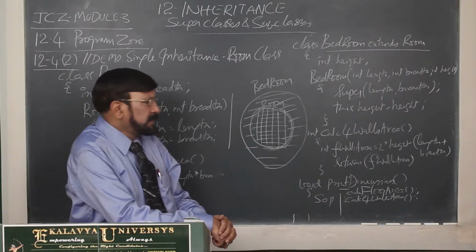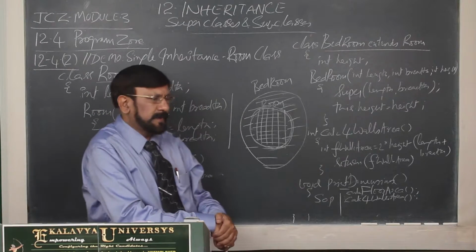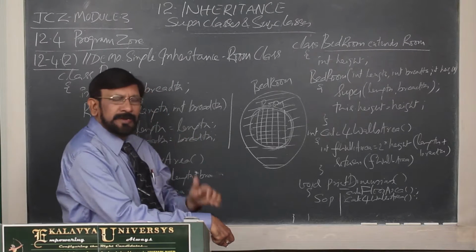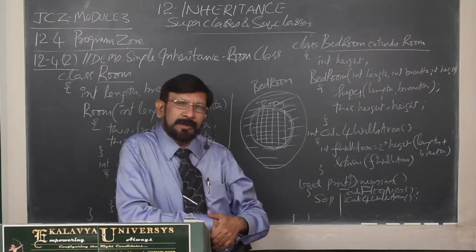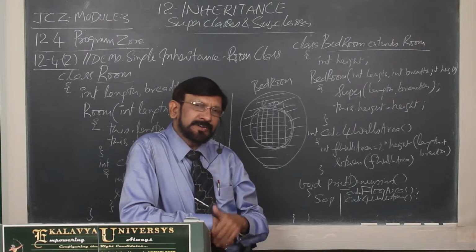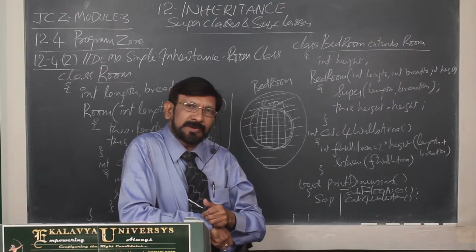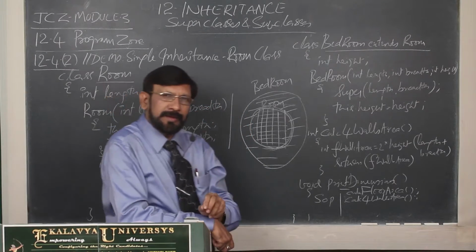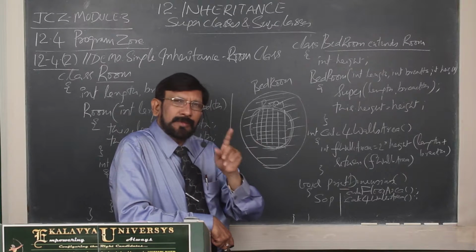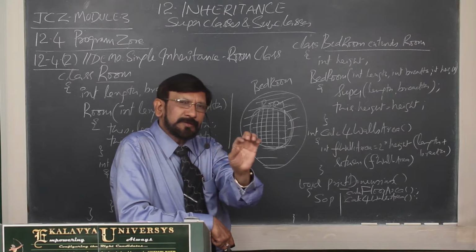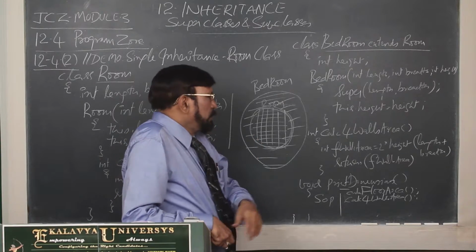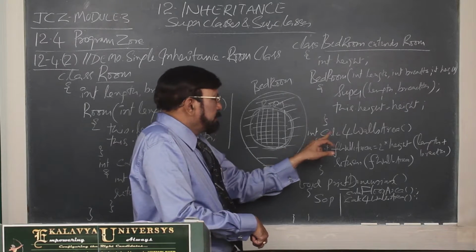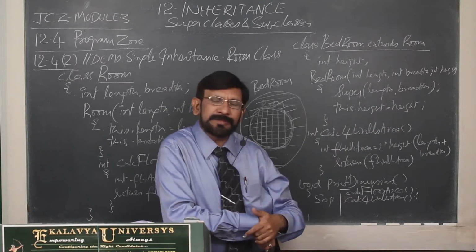Thereafter, additionally, one more instance method we are defining. What is that? Here we are able to calculate floor area only. But if you have to calculate four walls area, what is additionally required? A new formula is required. It requires height also. What is the formula? 2 into height into length plus breadth. Simply 2h into L plus B. So, that formula we have to execute. For that purpose, we have defined the int calculateFourWallsArea method.